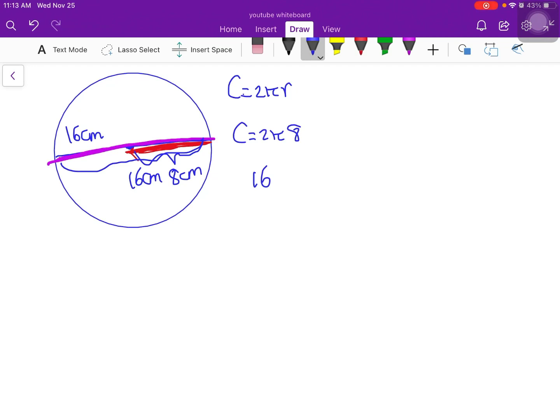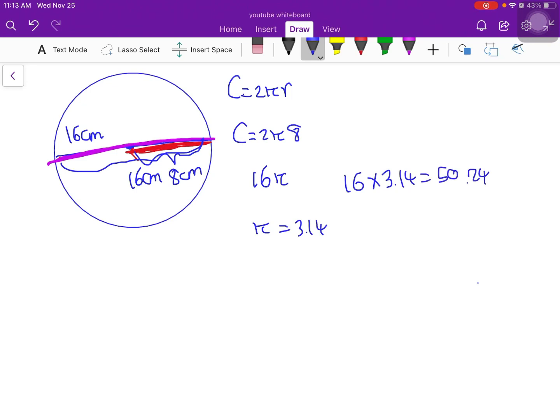Now 16 pi. Some teachers let you write it just as pi, and some teachers tell you to use 3.14 instead of pi, because pi is 3.14 and it just goes on and on, a bunch of decimal numbers after the 3. So some teachers tell you, instead of using pi, just use 3.14. So in that case, 16 times 3.14 would be